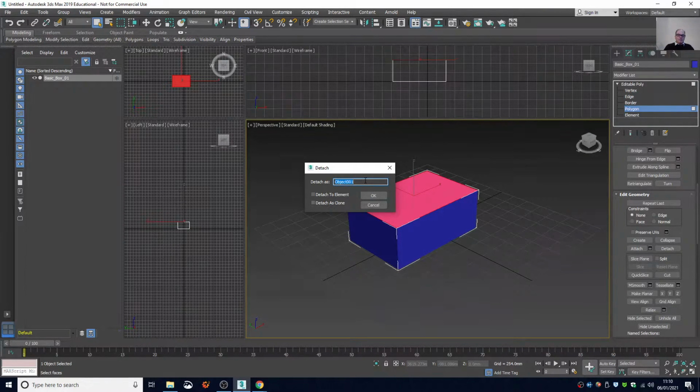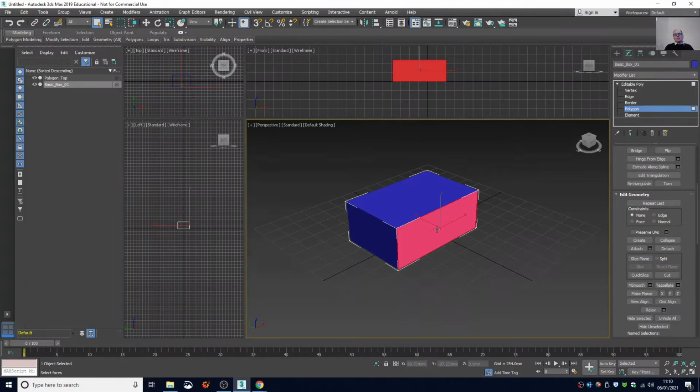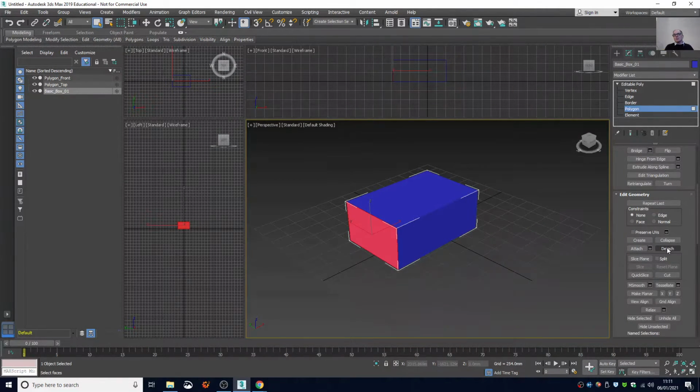Make sure you use the right names. So we're going to call it, to put it simply, polygon top. Okay, and we say okay. Then we select another one and we detach again, and we call it polygon front, and okay. And then we select another one and we detach, and we call it polygon left,